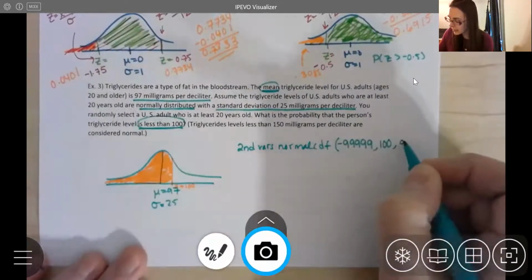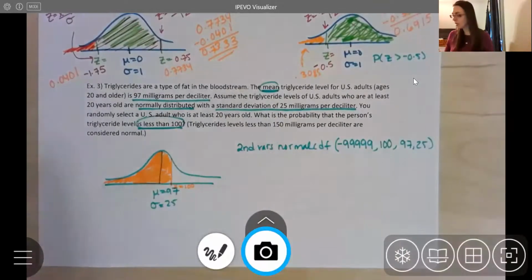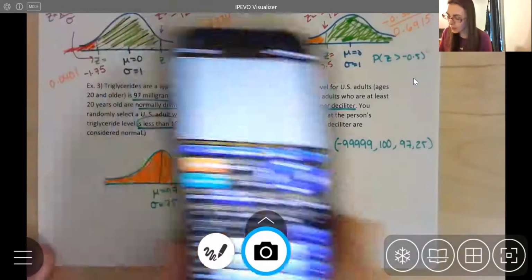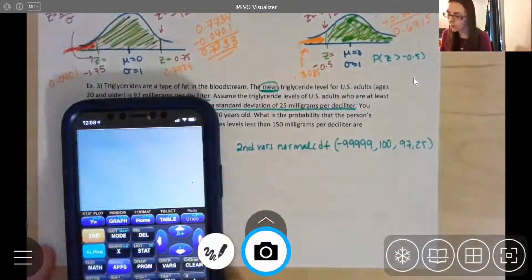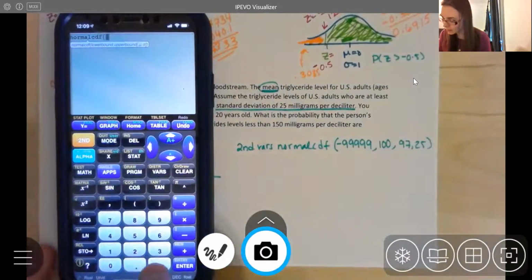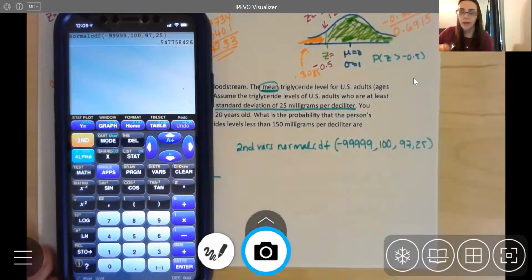My mean is 97 and my standard deviation is 25. So if I just plug this into my calculator, it can handle it all for me. I don't have to worry about subtracting anything like I would with the table. Although in this case, actually, the table works fine because it's going in the right direction. But if you had something different, you'd have to worry about it. All right, so lower bound negative 9999, going up to 100. My mean is 97, and my standard deviation is 25. So I get about